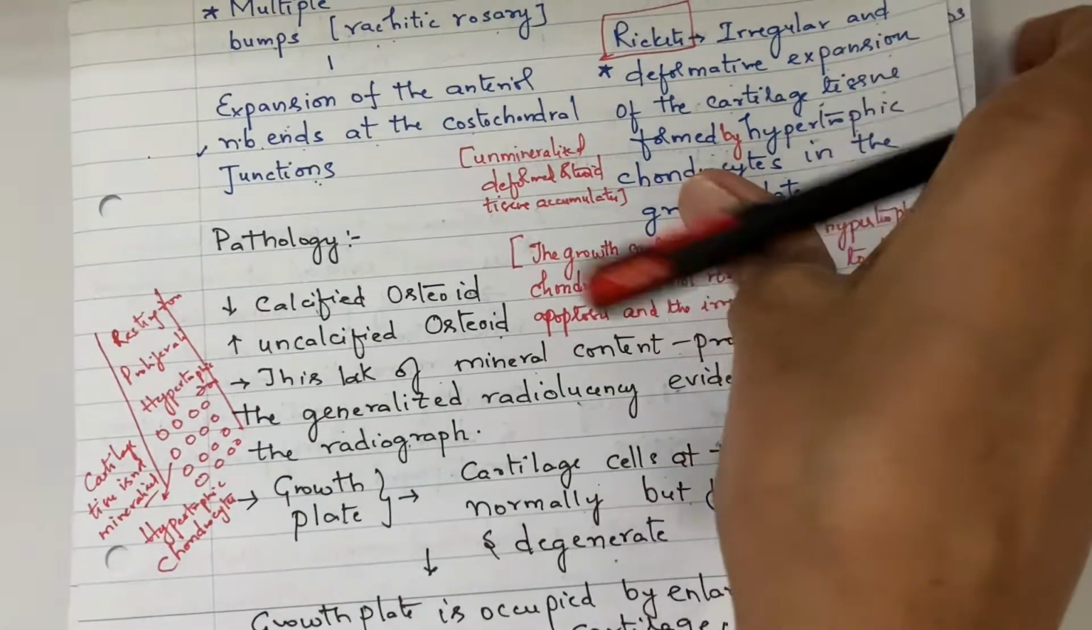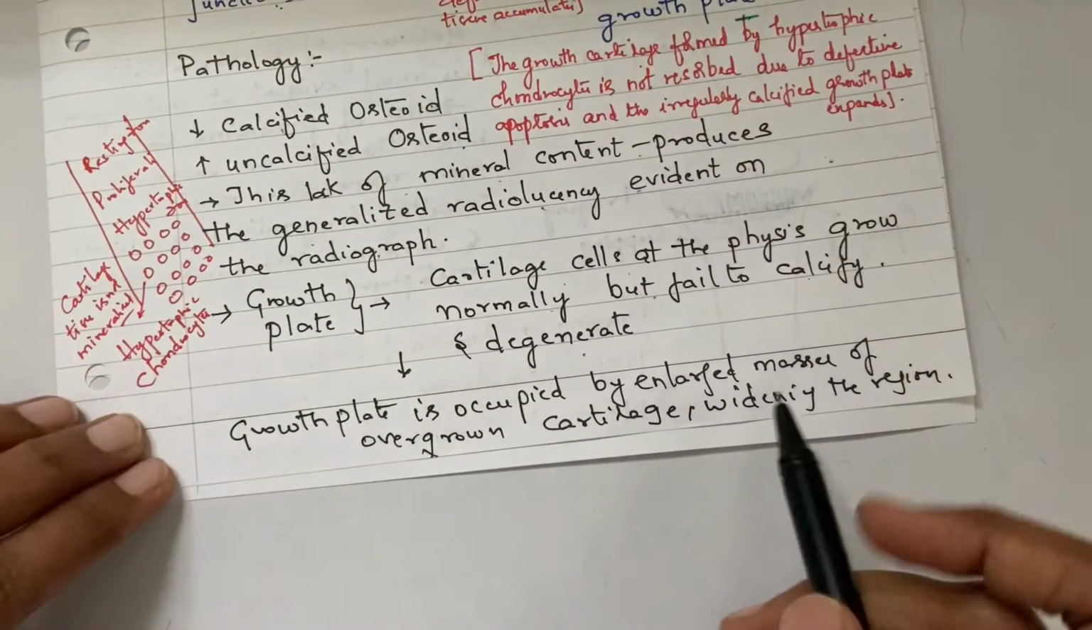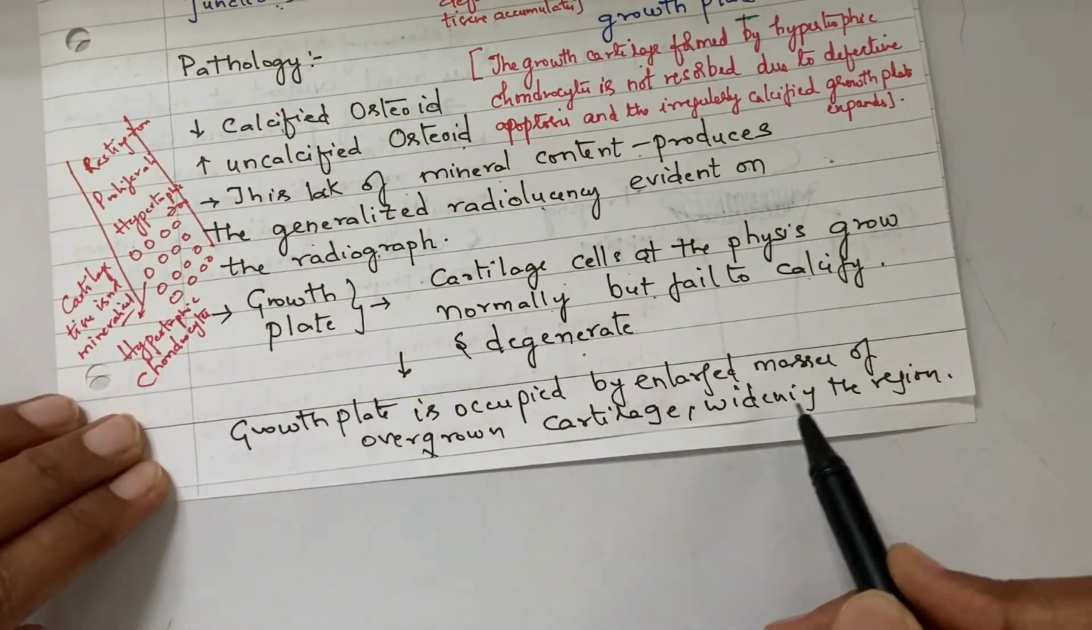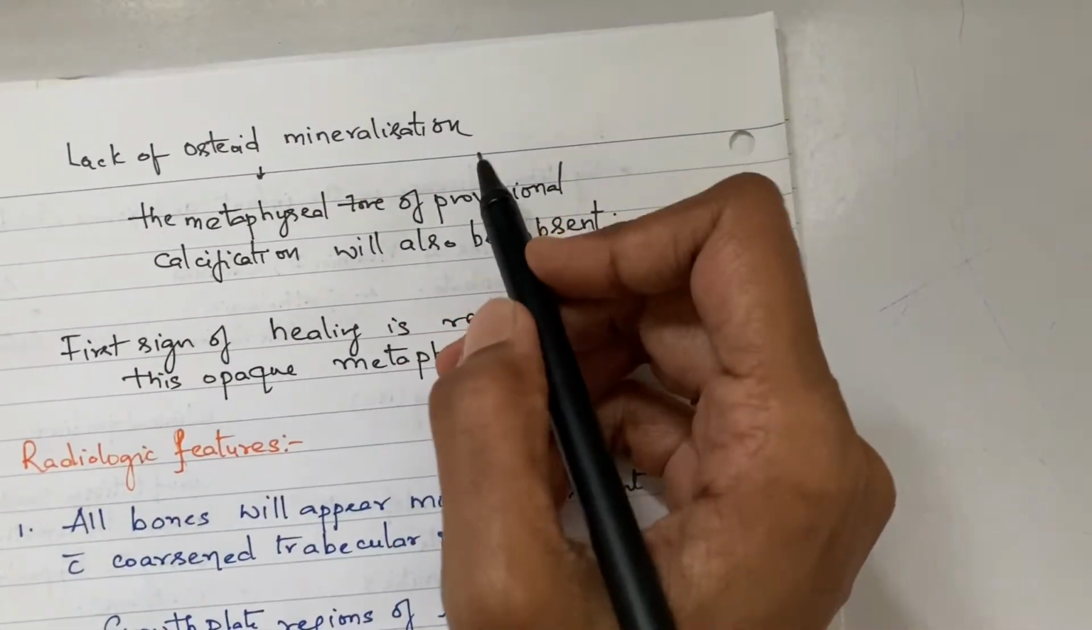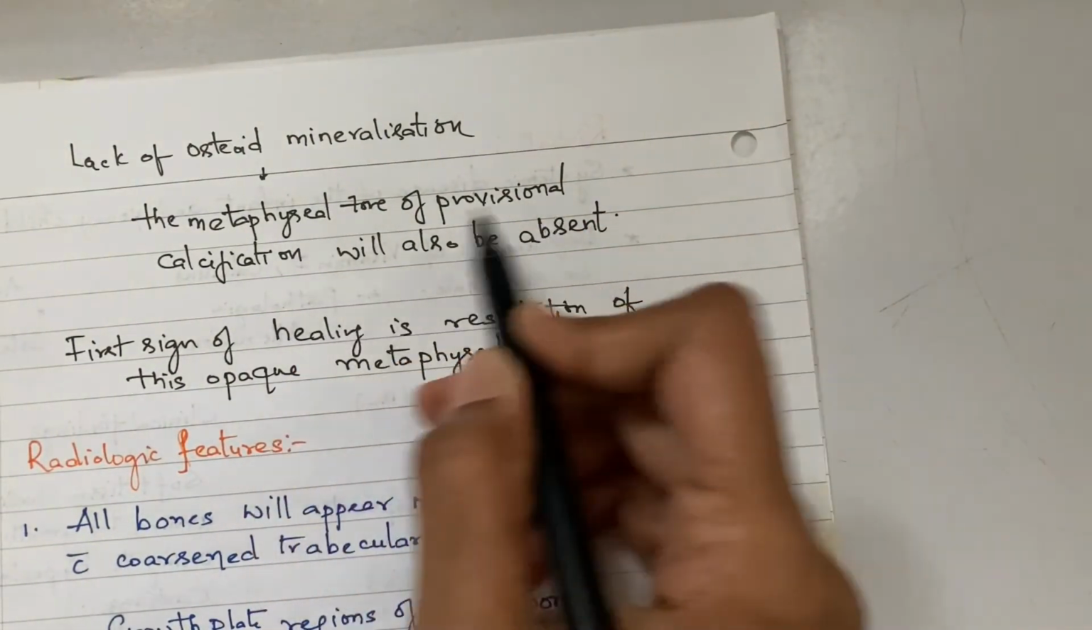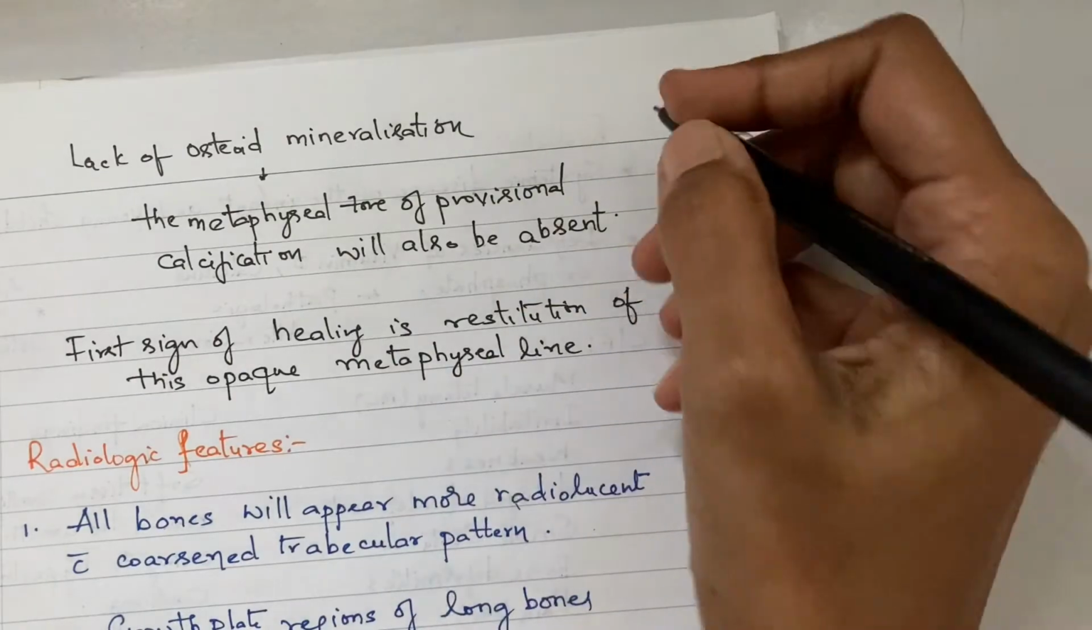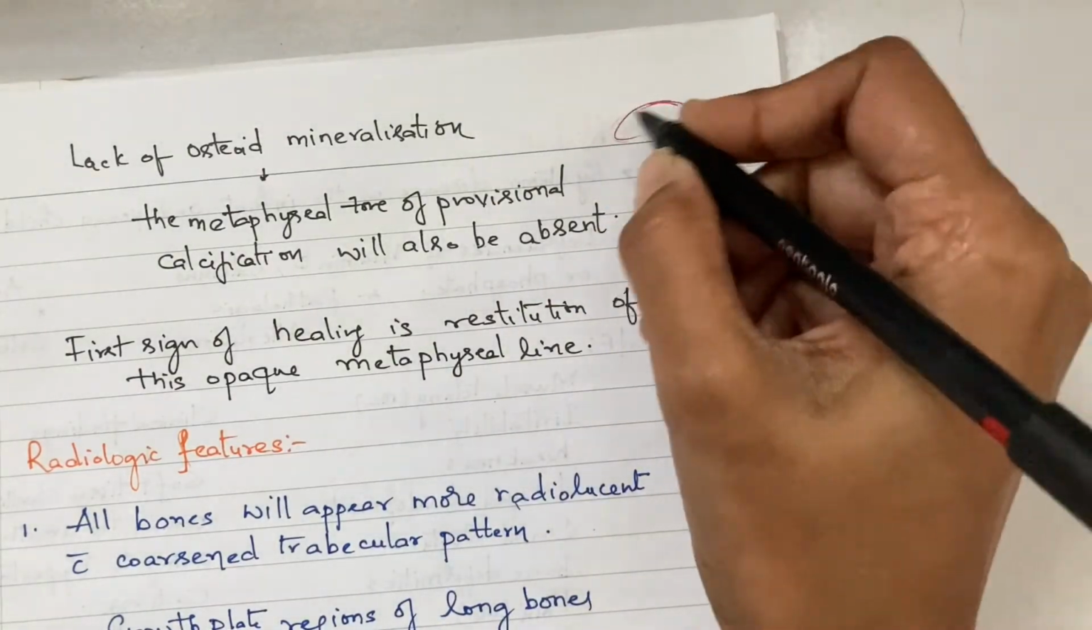Growth plate, normally it is occupied by enlarged masses of overgrown cartilage leading to widening of the region. So lack of osteoid mineralization, the metaphyseal zone of provisional calcification will also be absent. Normally what happens, there is something like